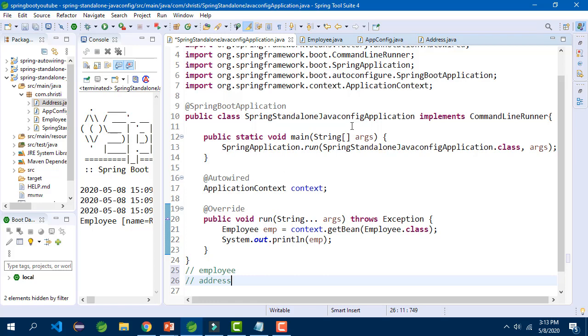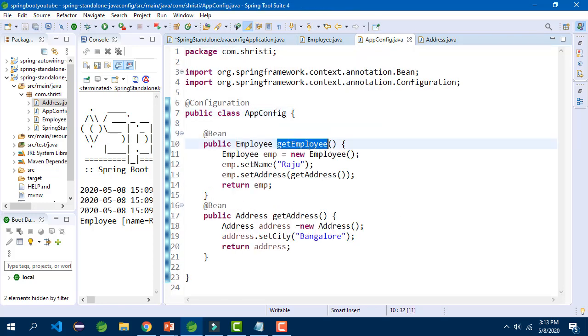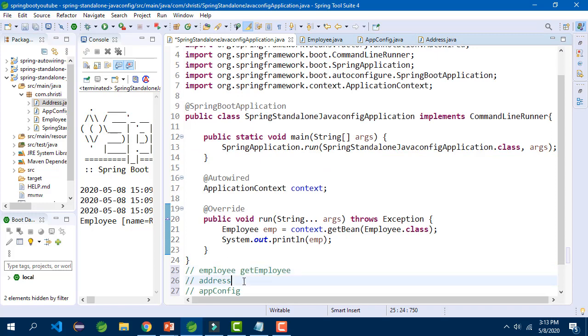Together with that, it is also reading AppConfig.java. So it is creating an object for AppConfig, in camel case, appConfig. This object is created. It is reading the bean definition in the configuration class. So for that, the bean names will be getEmployee and getAddress. So for employee, you have two bean instances. For address, you have two bean instances.